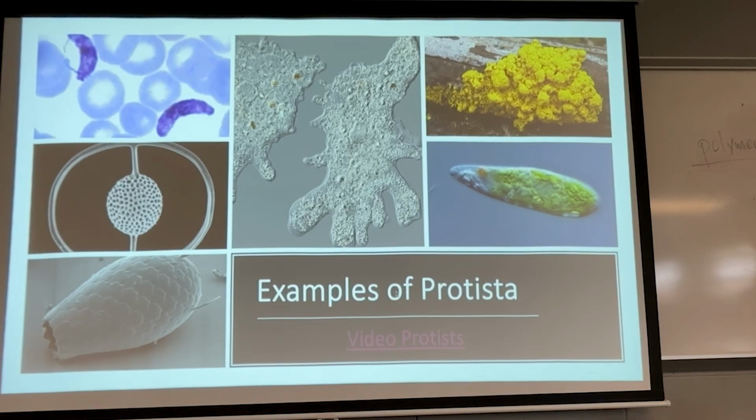Now, many of these are tremendously bizarre. Like, look at this one. This is a rhizarian. We're going to talk about what a rhizarian is in a minute. This is just the exoskeleton. They're really bizarre and alien-like, and they're really, really tiny. They come in all kinds of shapes and sizes. Most of them are free living. They're out there living their life.